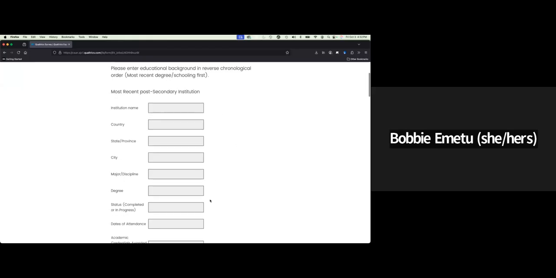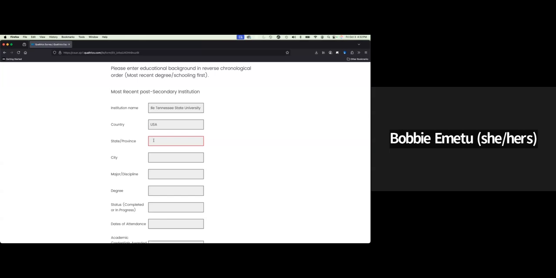And then this is where you put information about your institution, maybe the institution that you went to before. And you can do this as many times as needed. So let's say you went to CSUN and then you went to Valley Community College, and then you also went to Pierce College, you would need to enter all that information. But I'm going to keep it simple. I'm just going to choose one university. I'm going to just use Tennessee State University as a mock university in terms of country,